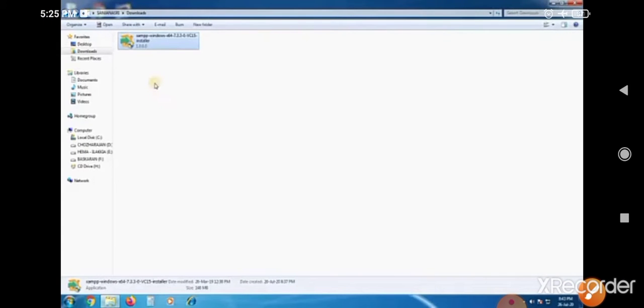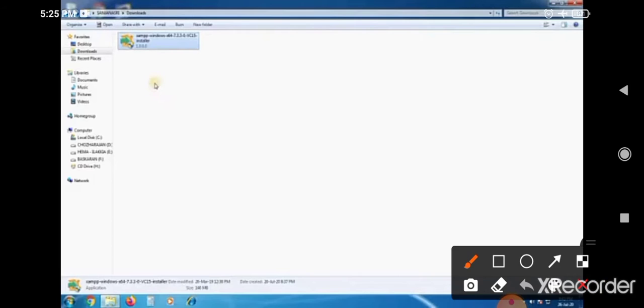After the download completion, we are going to open the local disk C. In any computer application, the downloaded files, the programming files are located in the local disk C drive. Just click on it, local disk C drive.